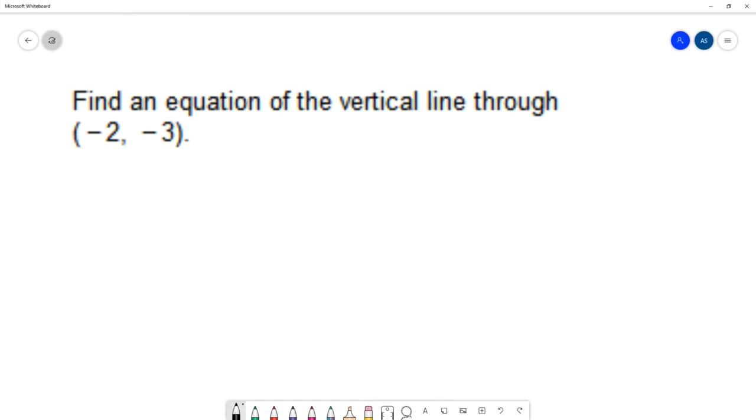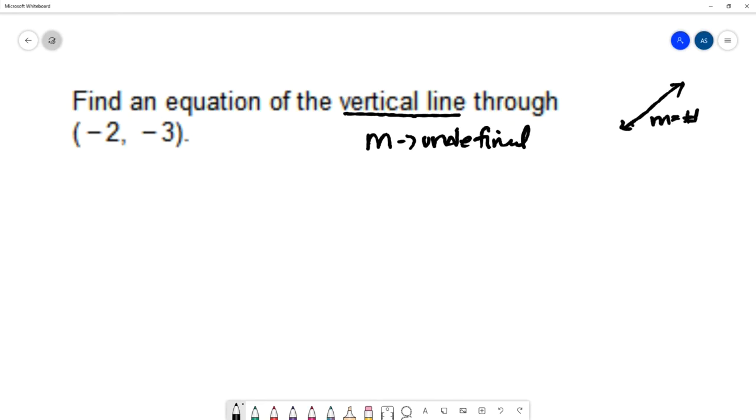And the reason why it's different is that a vertical line has a slope that is undefined. The slope of a horizontal line is 0, and then if you have any lines that are tilted at all,